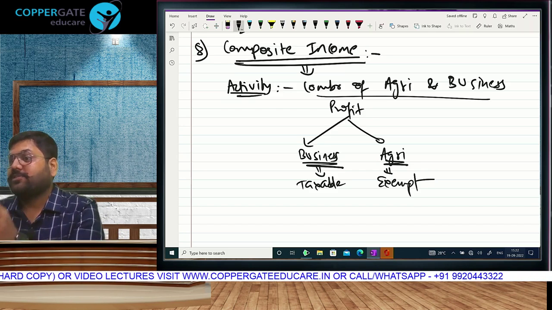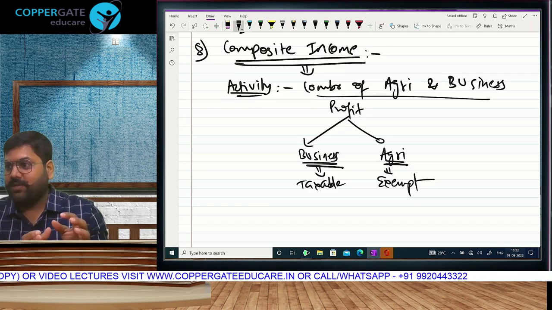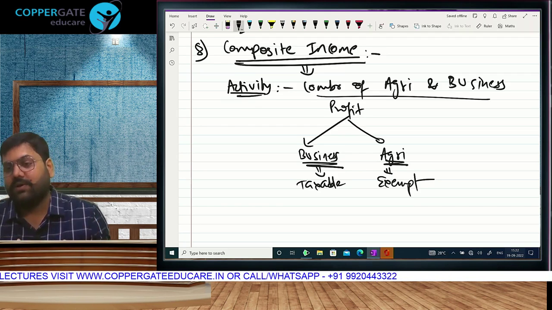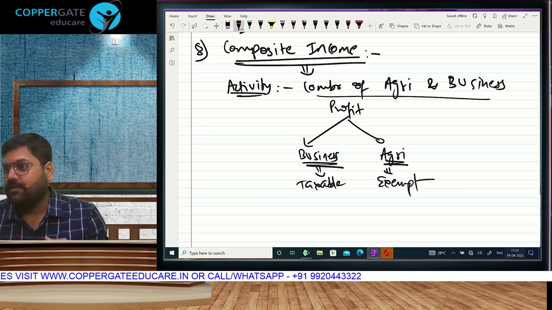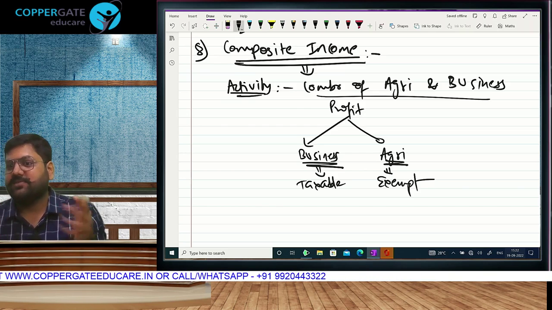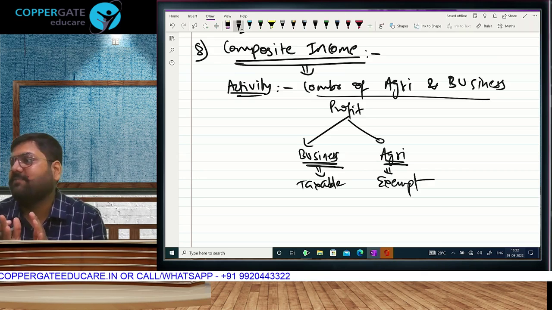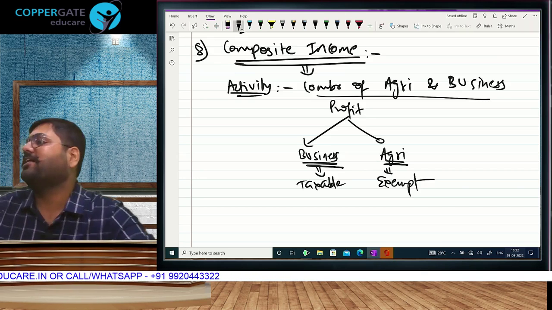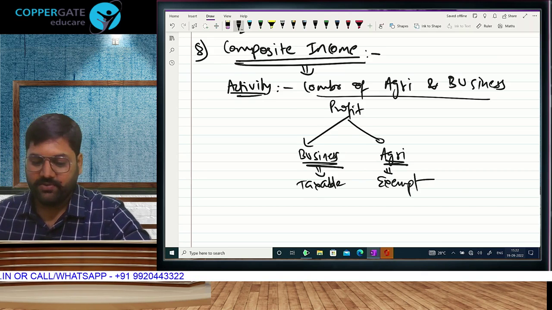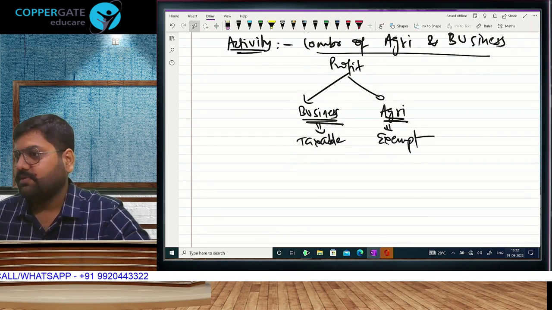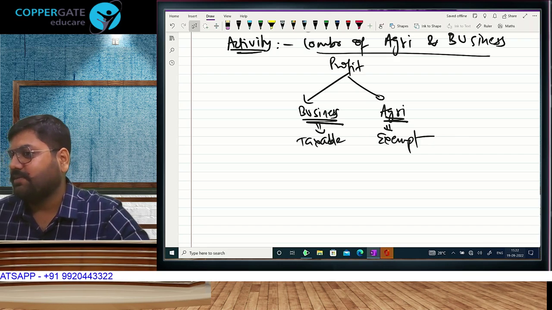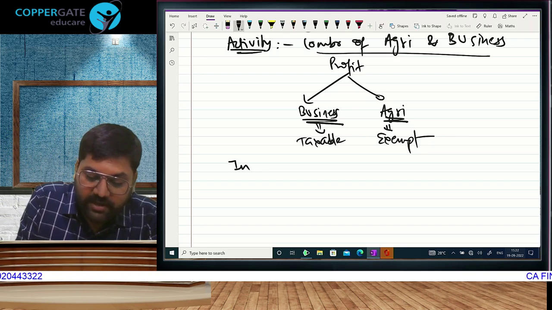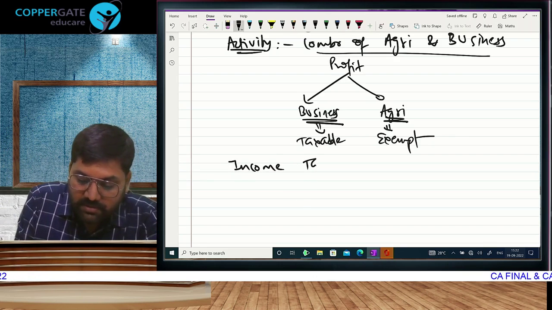देखो, one person grows rubber, sells it to another person. Other person converts it into eraser or rubber ball or rubber band. तो first person agriculture, second person business, खत्म। इन दोनों अगर सेम आदमी ने किया तो profit will be one consolidated figure. We have to segregate that profit into, अगर बिजनेस का प्रॉफिट होगा तो टैक्सेबल, एग्रीकल्चर का एग्जेंट।